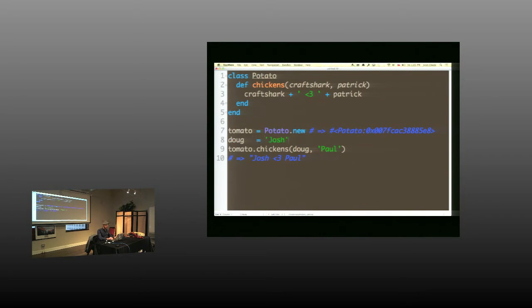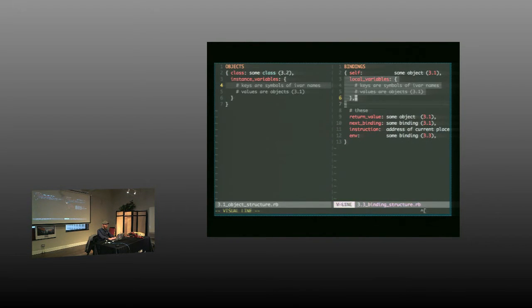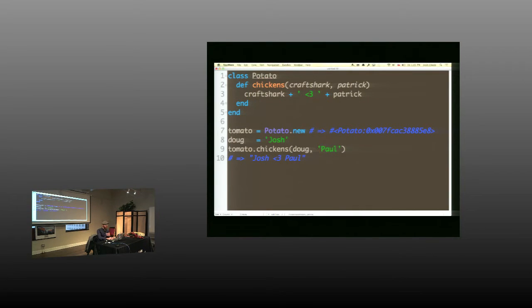Like that. So in this case, we got to go do a little bit of work. It's not quite so simple. We got to go find our current binding. This thing right here, look inside of its local variables where we see that we have a tomato and we have a Doug, and we'll find the value of the Doug, which is the string Josh, and then that right there is going to wind up evaluating to this string. For Paul, it's a little bit simpler. It's a string literal. So Ruby evaluates those two.